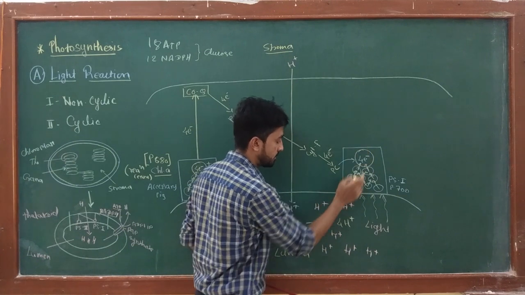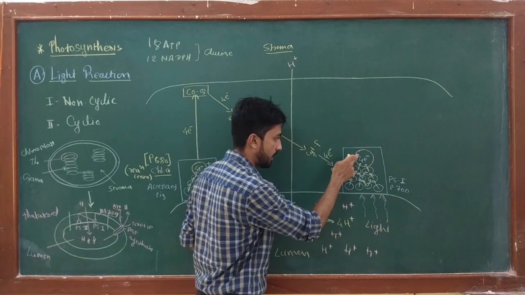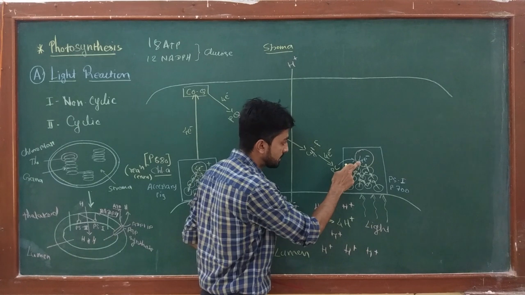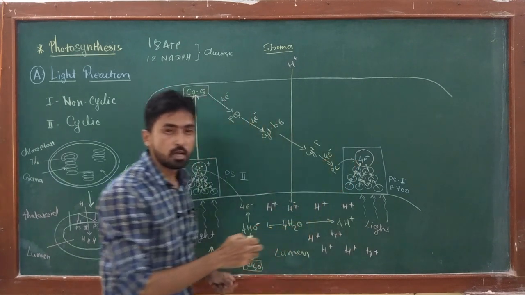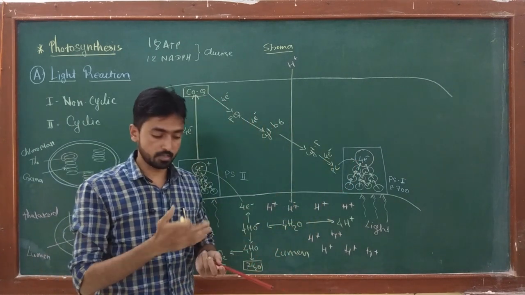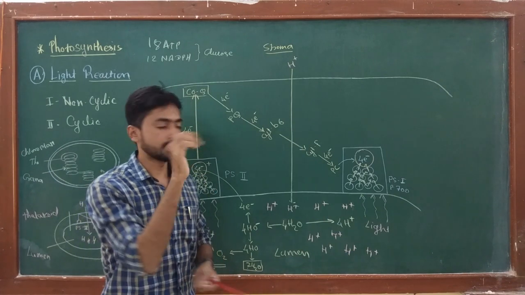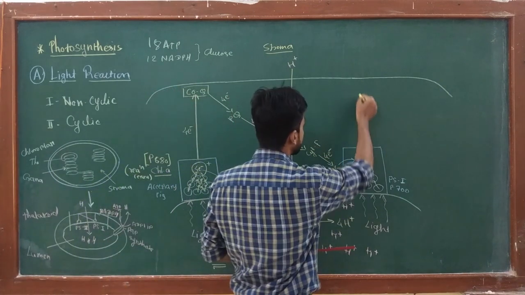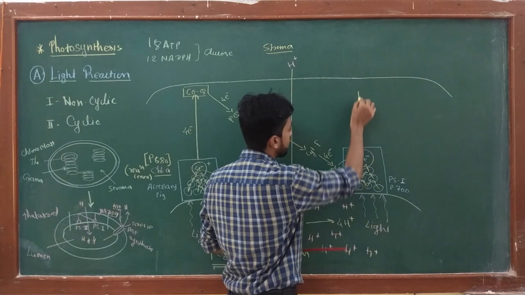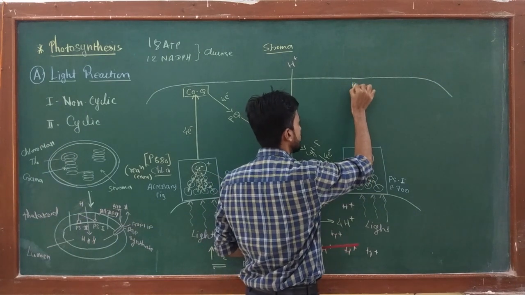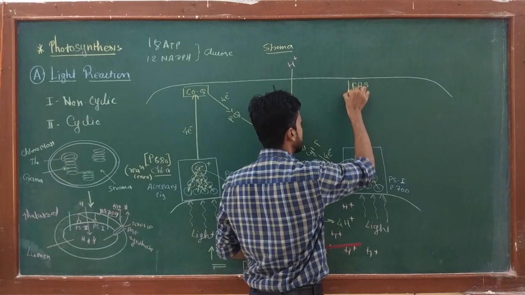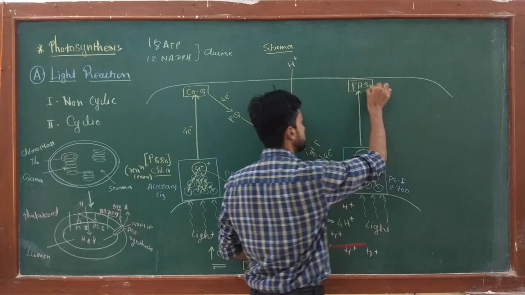And due to this transfer of light energy to the reaction center, which is a chlorophyll A molecule, the de-energized electron again gets energized and transfers from ground state to excited state. And now the excited electron is accepted by a substance called